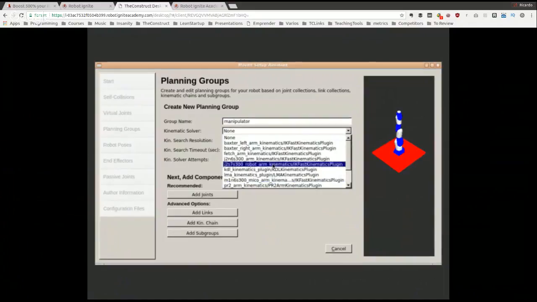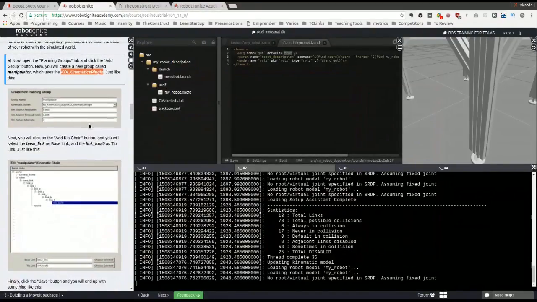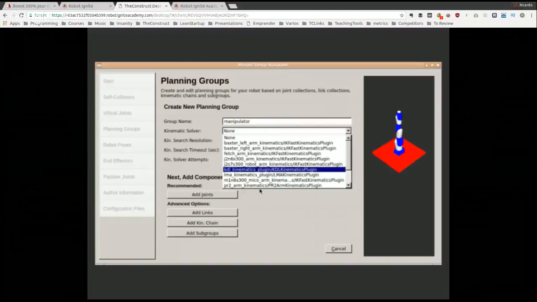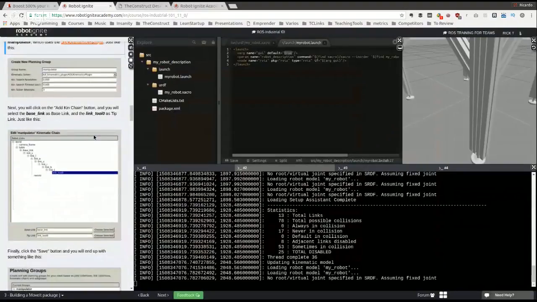And the one that we are going to use is the KDL kinematics plugin. Great. And what else? The next step is